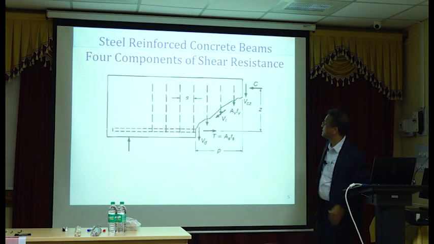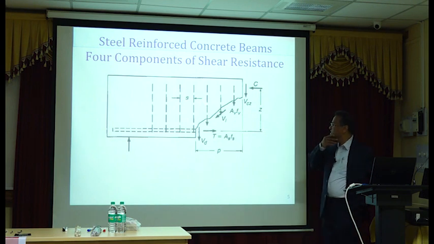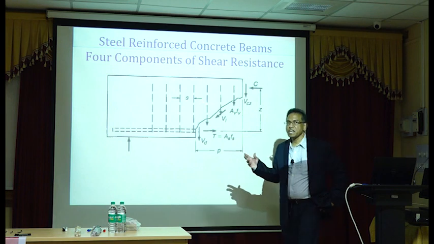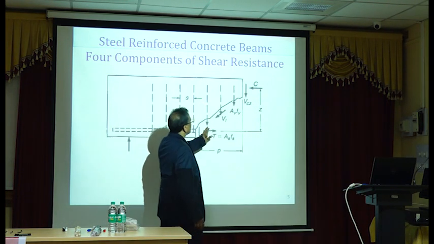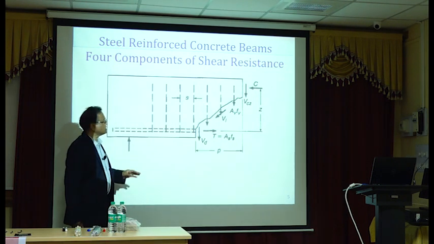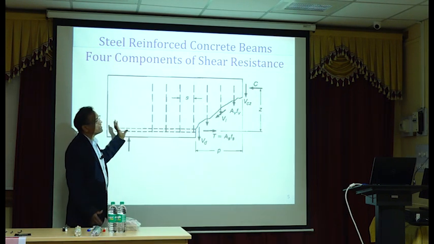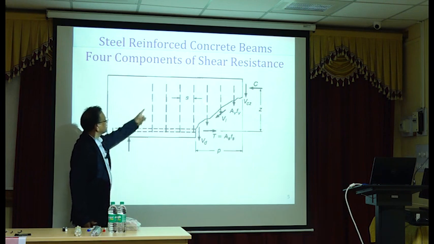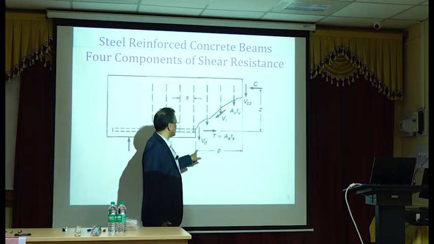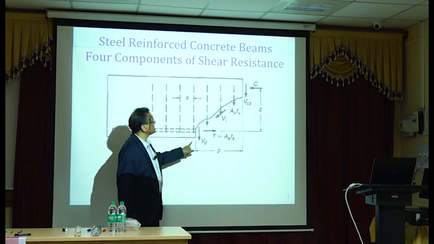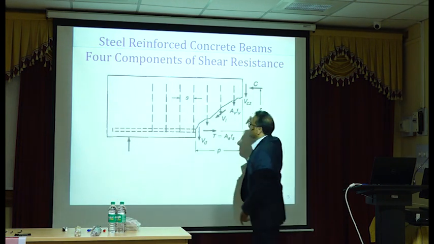This one. So many of you can recognize this. This is the shear transfer mechanism for shear design in a steel reinforced concrete beam, right? This is the longitudinal bars, then there will be diagonal cracks. The diagonal crack, if you isolate one side of the crack, this is what you will see. These are the stirrups, and this is the diagonal crack. Normally this length from here to here is assumed the same as your effective depth d.